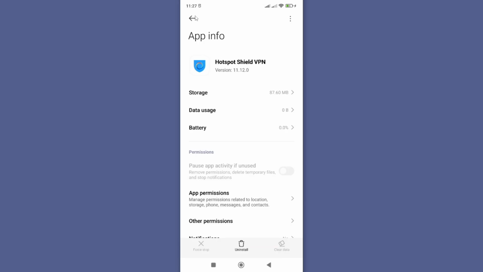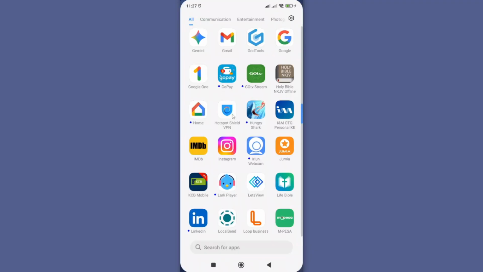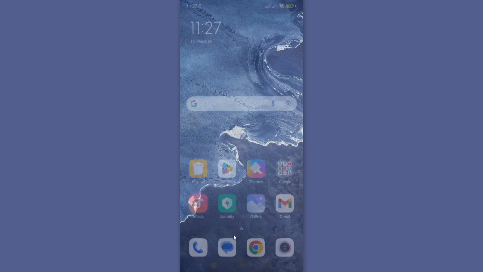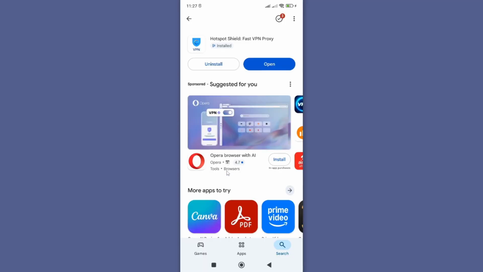However, if this second method doesn't work, then head to the third method, and that is to look for any update for this app through Google Play Store or App Store. For my case, I'm on Android, and therefore I'll go to Play Store, search for my app, and then look out for any update. Should you find any update, go ahead and update it to the latest version. Now, by updating this app, you'll be able to get the latest features that comes with this app. And maybe if your app was not being supported because you are using the older version, this should be able